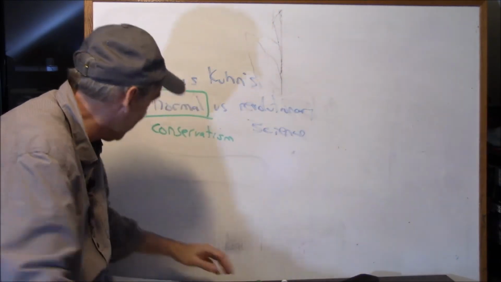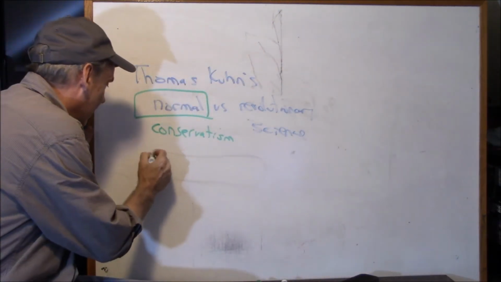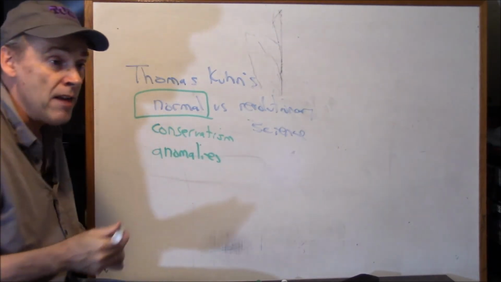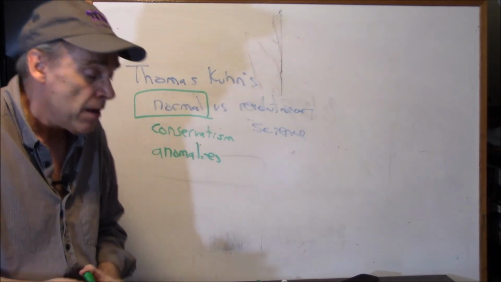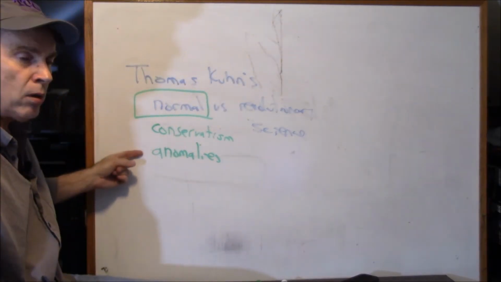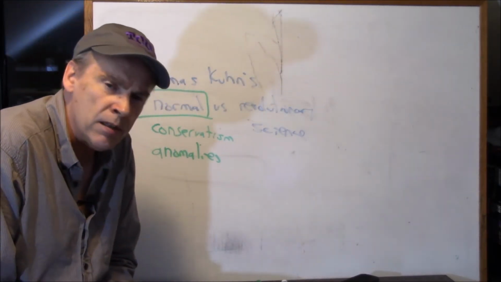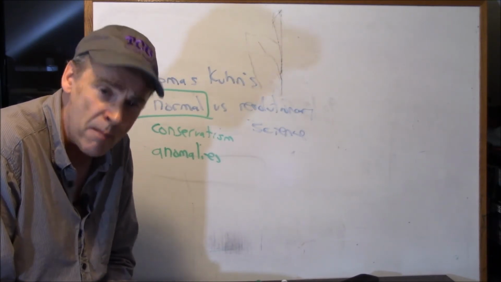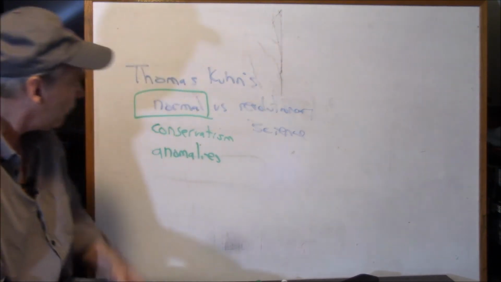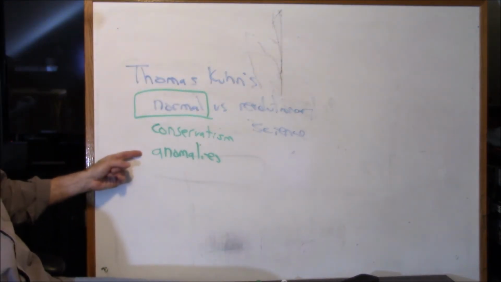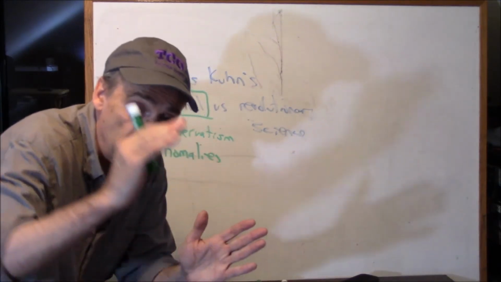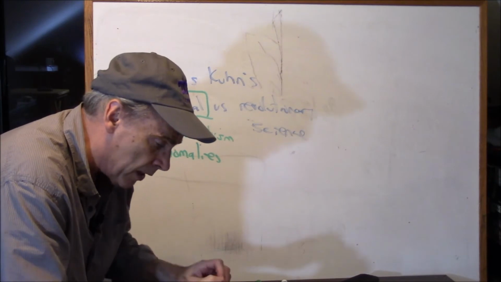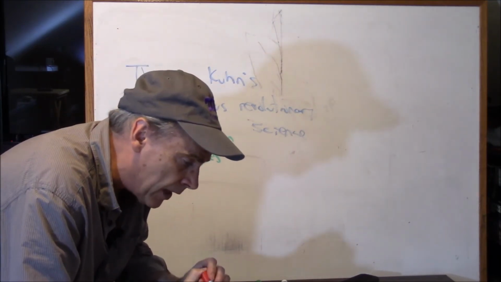However, more great stuff. Anomalies may accumulate. There are always things that don't look right. Wait a minute. If this theory says so-and-so, I can't make sense of this phenomenon. There's an anomaly that I can't explain with the overall theory. Now, they'll accumulate over time, inevitably. But very often, I'll write this in red, very often they're written off as